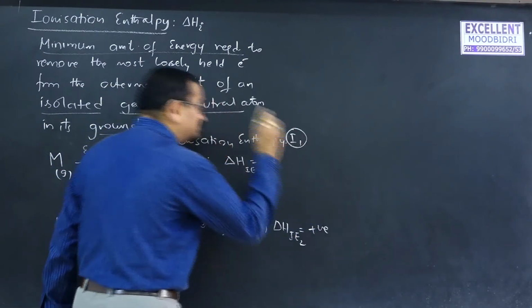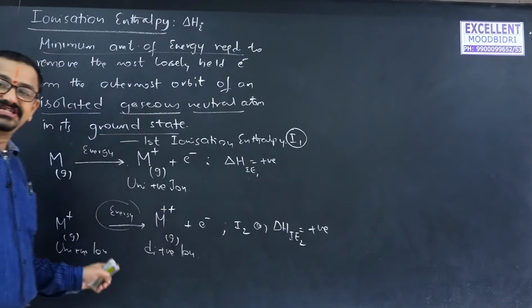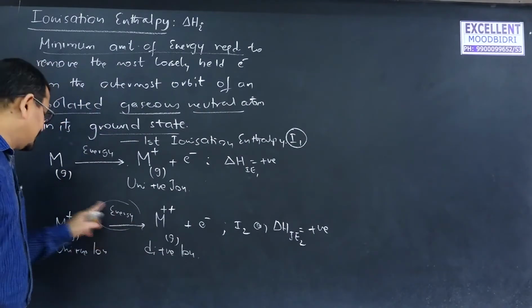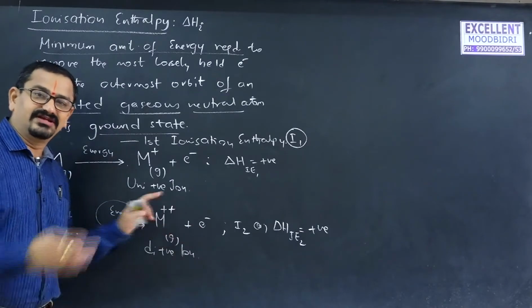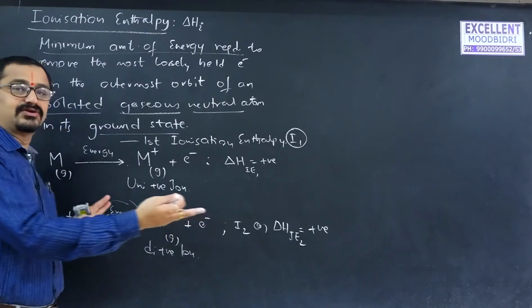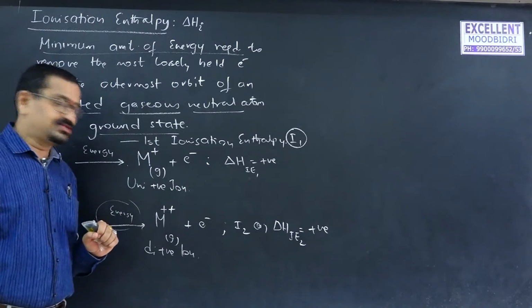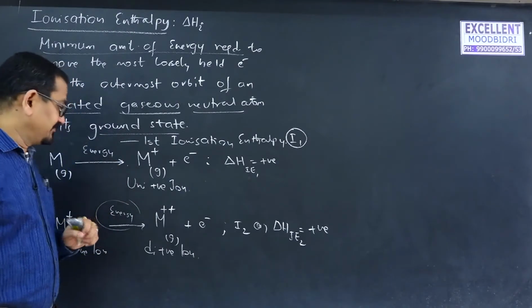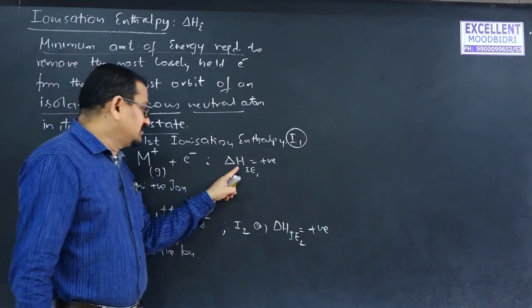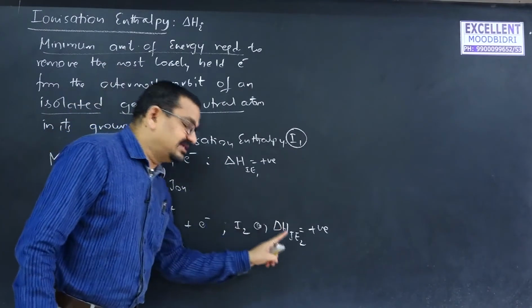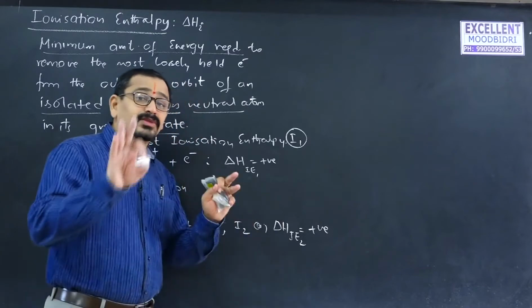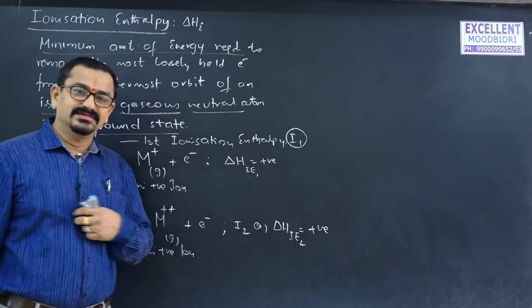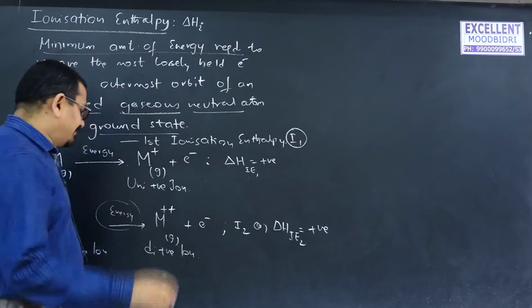Even this is also positive. The energy required is also positive, because here also it is absorption only; by absorption only the electron comes out. When it absorbs energy, then only the electron will come out. Understood? So that is also positive. Now we have to concentrate on one more point. Among the first ionization enthalpy value and second ionization enthalpy value, whose value will be high? Tell me. We can predict it easily.